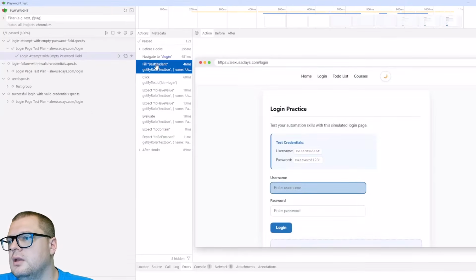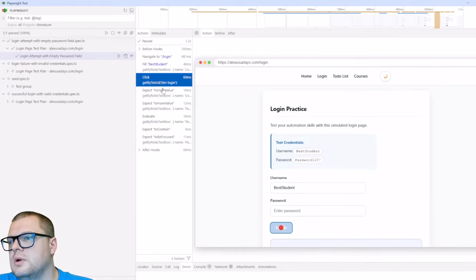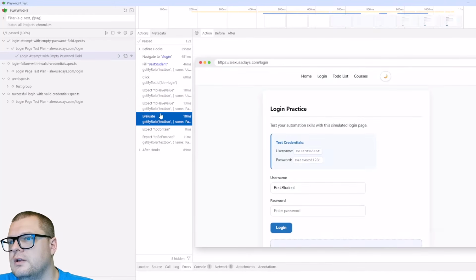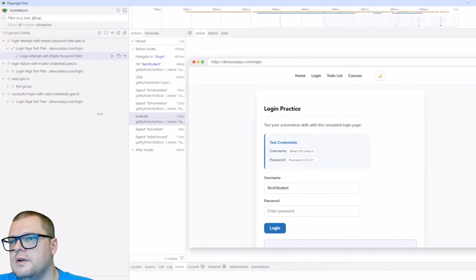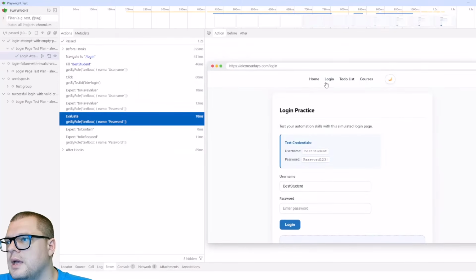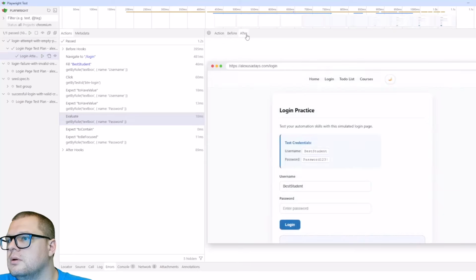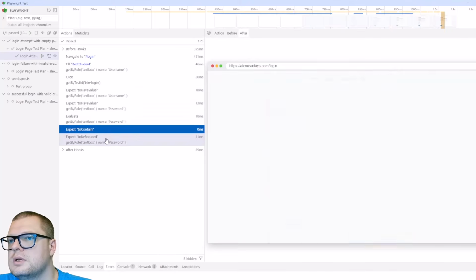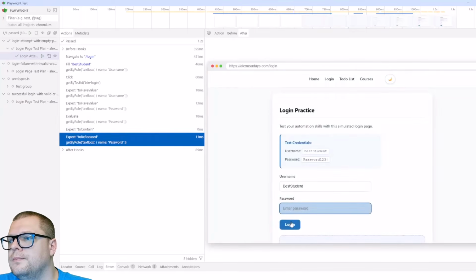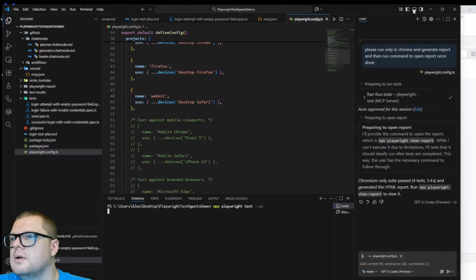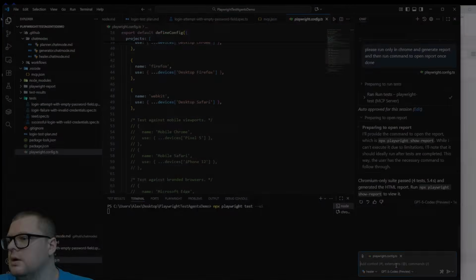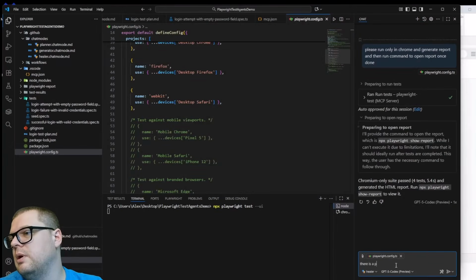Navigates to login, enters the username, clicks it, verifies value, verified tag. All right, evaluate textbox name password, expect to contain name password. Yeah, I don't think it completely did it. Okay, there is a pop-up